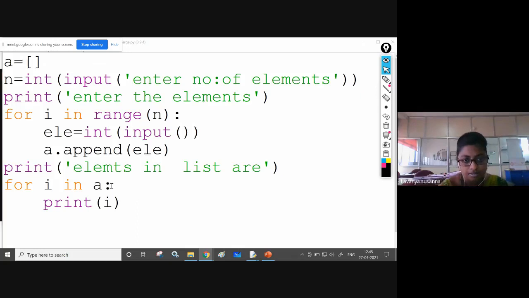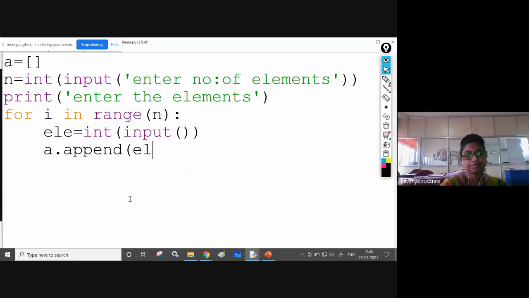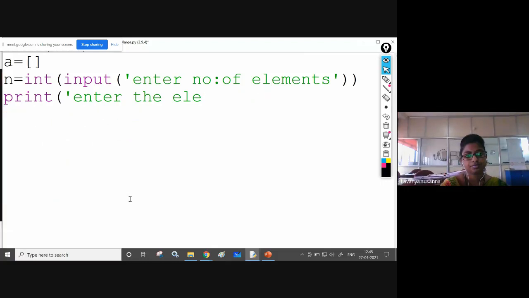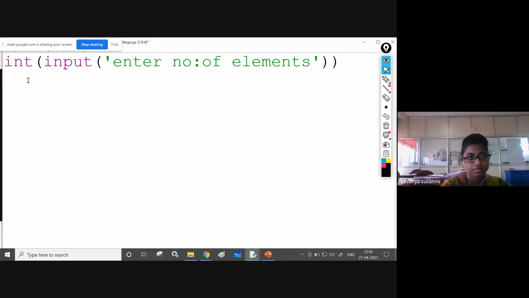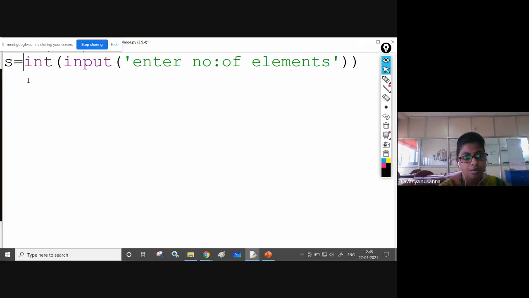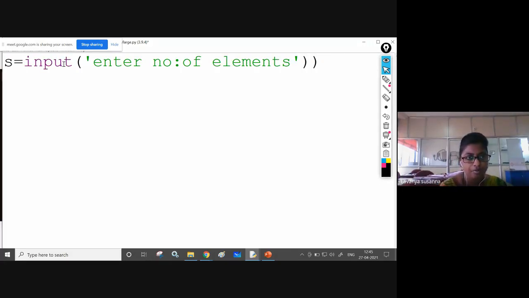Now, let us see string, okay? You need to provide some input through the keyboard. S equal to, see, no need to use int or str. By default, if you use the input function, it will take the input as a string.